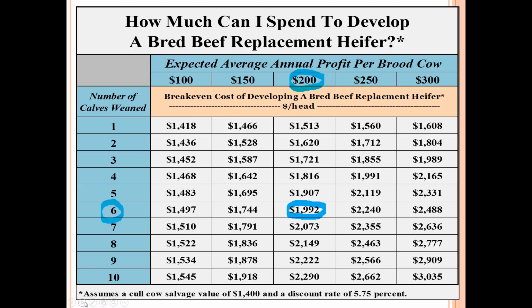Let's look at a quick example. Using the expected average annual profit per brood cow of $200, and we assume she weans 6 calves and then she's culled, our estimated break-even cost of developing this bred replacement heifer is $1,992. Again, this means a producer can earn a $200 profit per brood cow if its cost to develop a bred beef replacement heifer are